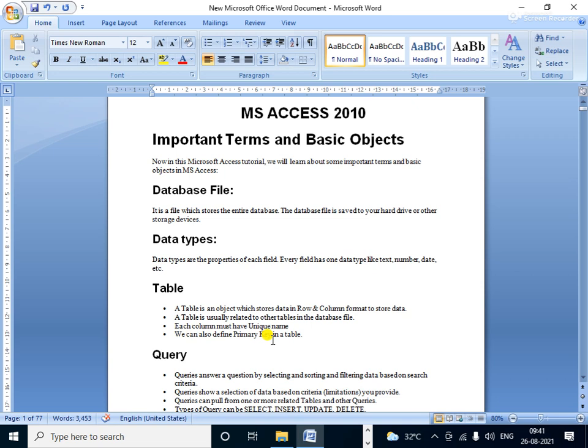Why? Because the primary key is a unique identifying key, and with the help of this key we identify the details of the student.